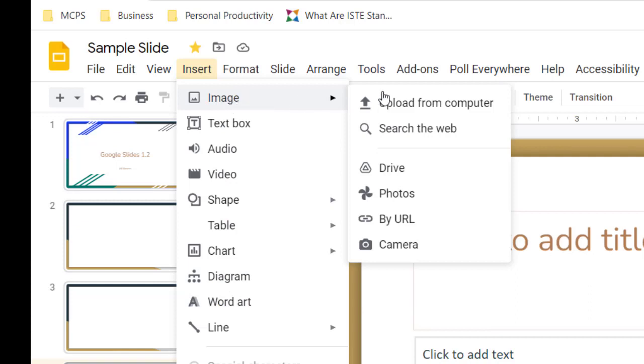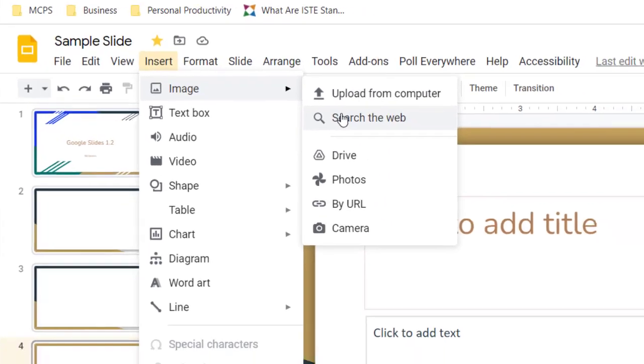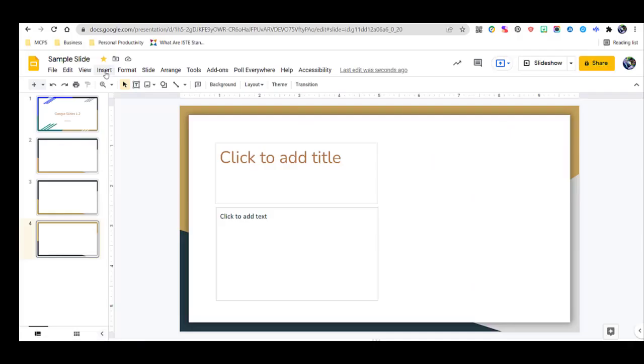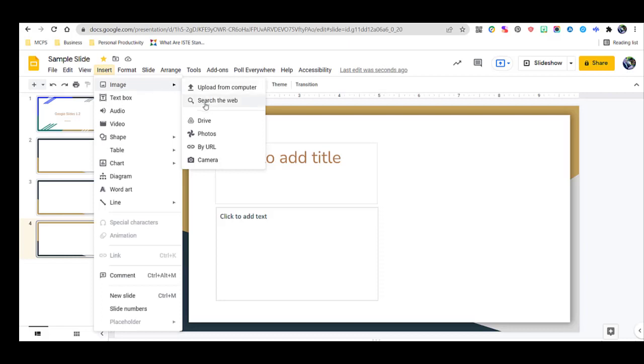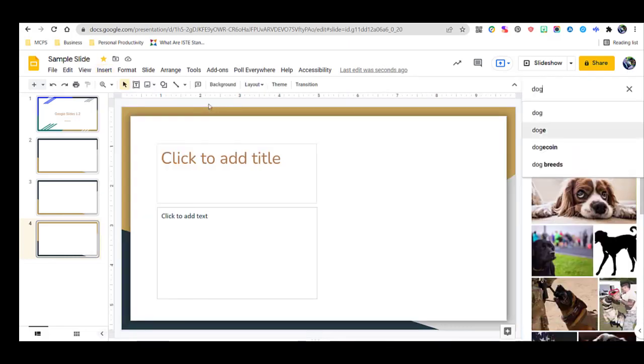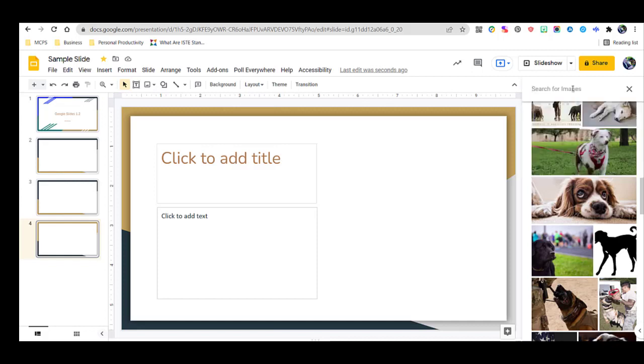Alright, and I can upload from the computer, I can do a safe search, which I'm going to click first. When you search for images in Google Slides, it goes to Google Images. And Google Images is a safe search, meaning if a teacher, parent, whoever wants to use an image, they can pull that from Google Images, which is built into Google Slides, and not have to worry about any kind of